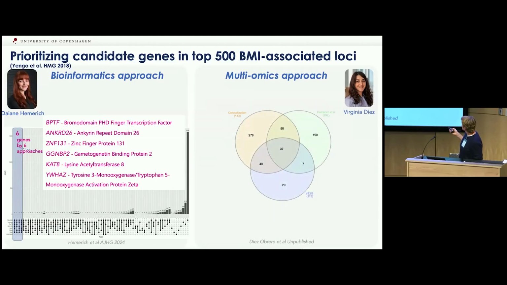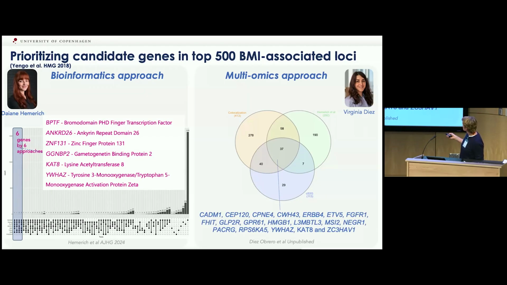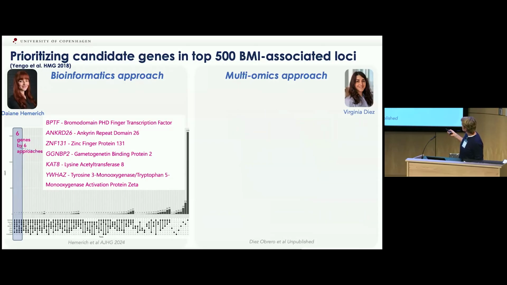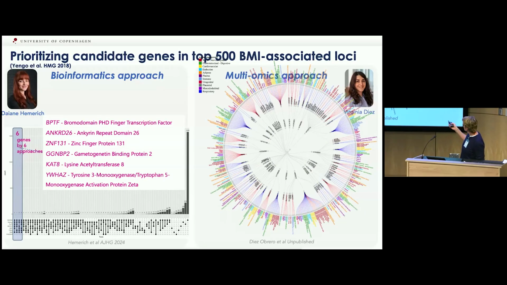She then overlaid it. So here are her results based on the colocalization with eQTL and pQTL data. She overlaid that with the data from Diane right here, and then overlaid that also with the results from CS2G. And you see there's 37 genes that are prioritized by all 3 methods. And now she focuses on these 37. Here are some of them, to really summarize the data in a paper that will be coming out soon. So this is a plot that we use where we have a variant and the genes that are prioritized in which tissue. So it's just a lot of data to really summarize into one nice story.